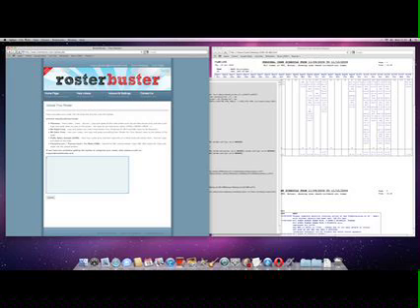And we're just going to go across then into RosterBuster, click on Upload, and in this box at the bottom of the screen, click on Edit, Paste. It might take a little while to think about it, but it's going to paste all that horrible code into this box down here. If we then click on Upload,